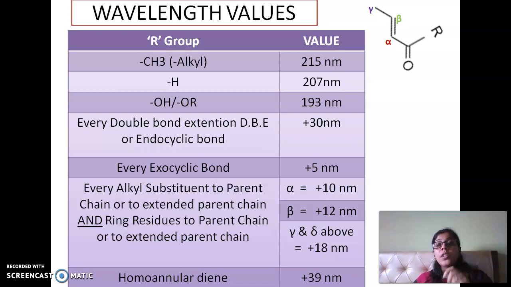And in the unsaturated dienes, we said homoannular diene was preferred over heteroannular diene because it had a higher value. Here I have C=O, so I cannot go and follow that rule. So I have to go for C=O as a parent and use 215 as a parent value. However, if an organic compound which has C=O also has a ring with conjugated double bonds in one single ring, that is, if it has a homoannular diene, I have to add plus 39. Now if you add 215 to 39, you will get 254, which is our parent value of homoannular diene.